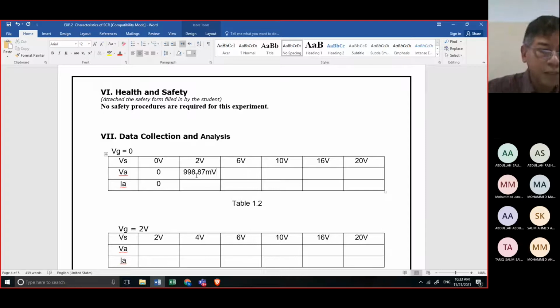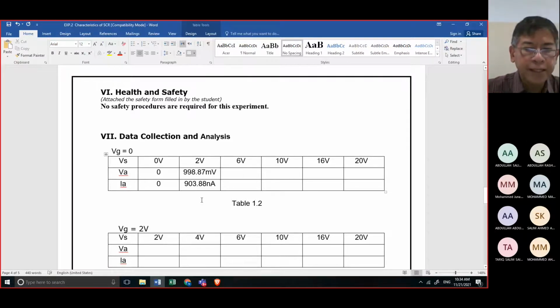Then how much is the current? The current is 903.88, 88 nano. This is nano, very small, nanoampere.